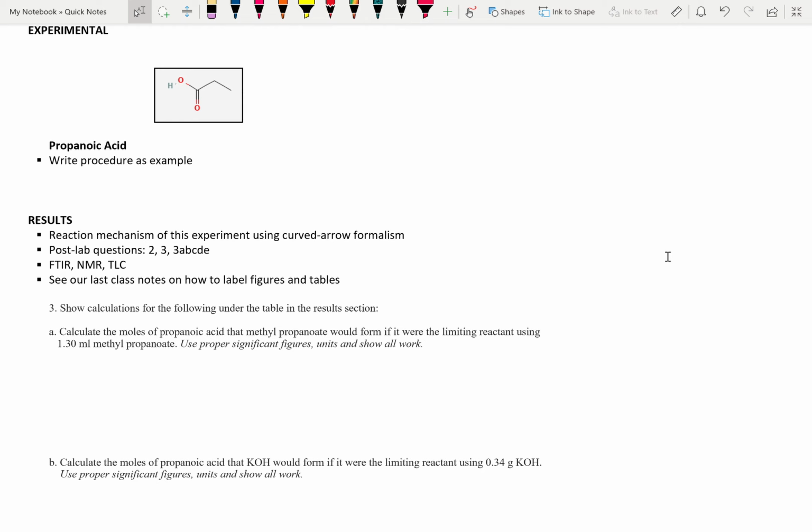Make sure that your table is labeled correctly. If you can refer to my,